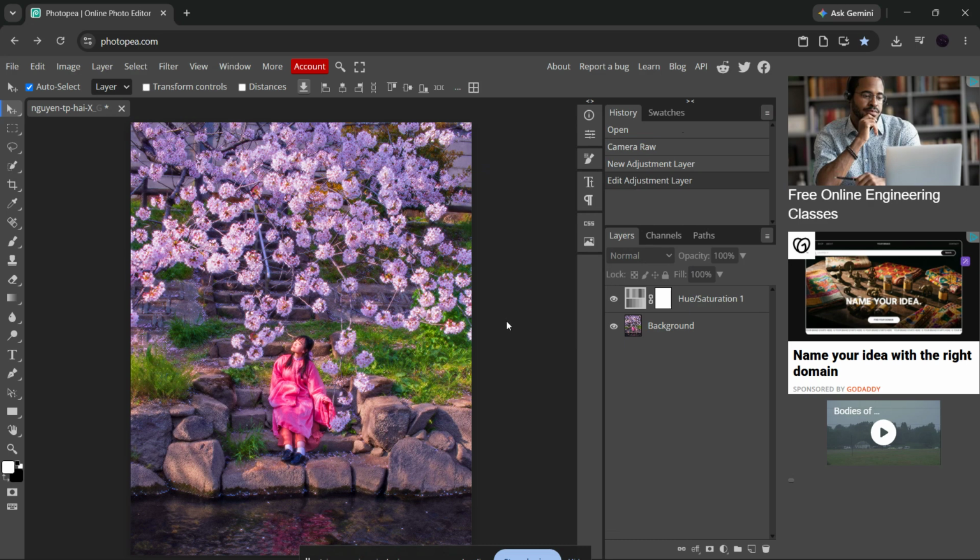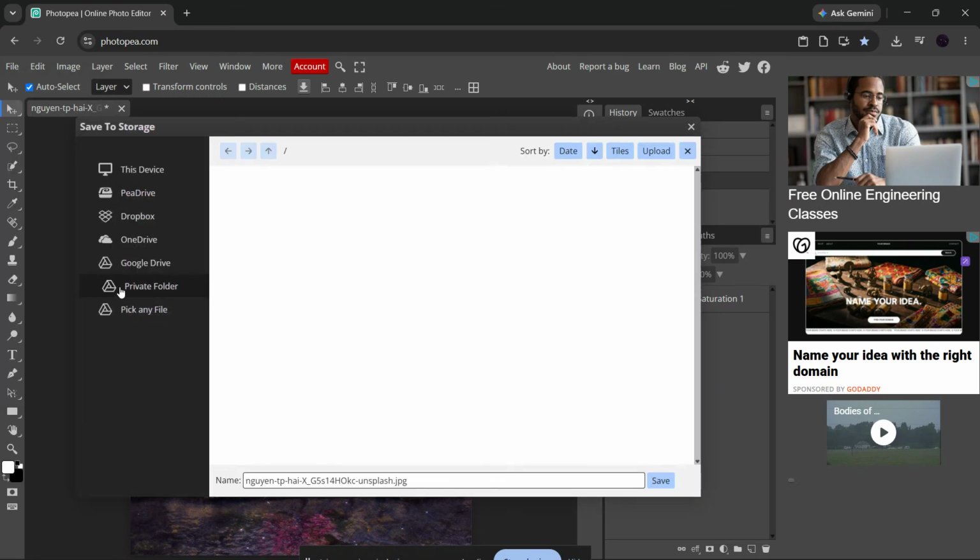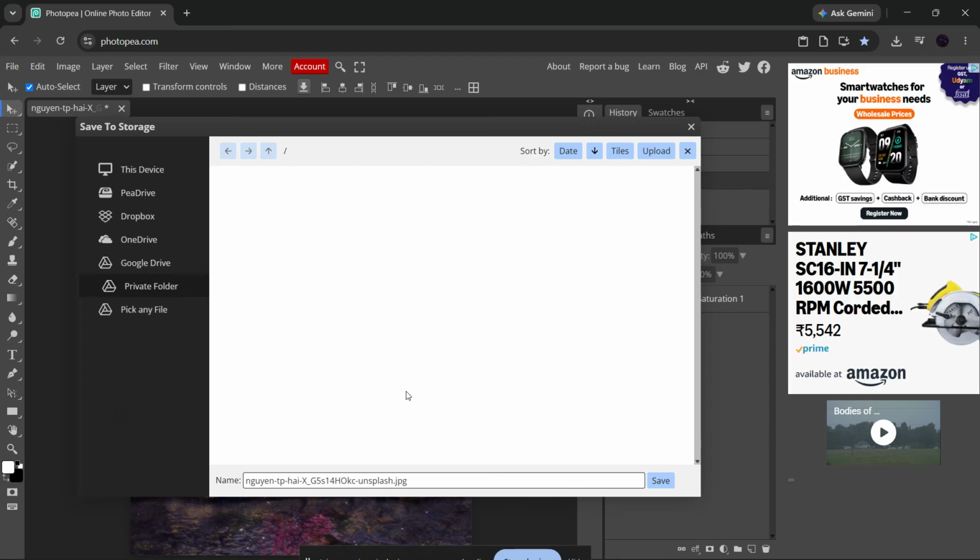So to recap, if you want to save your progress in Photopea, use Save as PSD for the best editable backup, or use Save More and PSD to Storage if you want to save directly to cloud services like Google Drive or Dropbox. Either way, you'll be able to come back to your project and continue editing without losing your